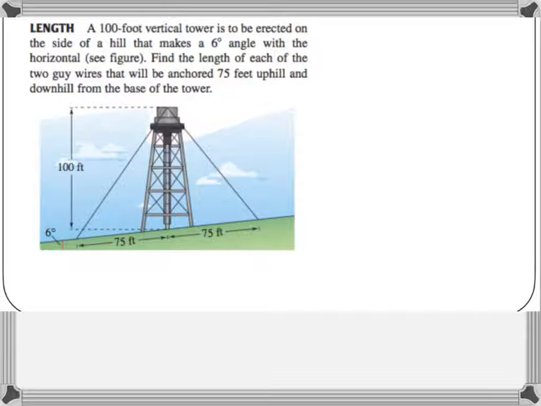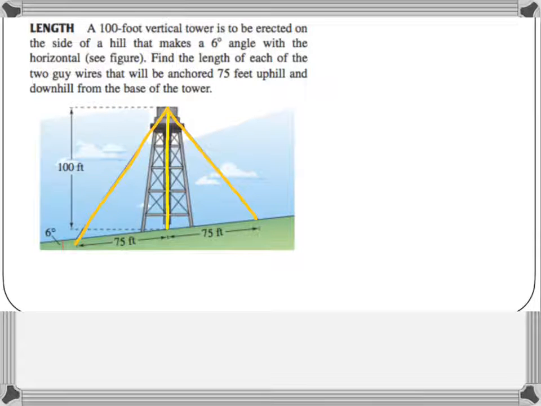Okay, in this problem, we're looking at an application of the law of cosines. To paraphrase the problem, we have this structure that is on the side of a hill. It wouldn't make sense to build the structure perpendicular to the hill, so therefore, it's straight up and down, and we need to know the length of the wires that are going to be supporting this thing so it doesn't topple over since it's built on the side of